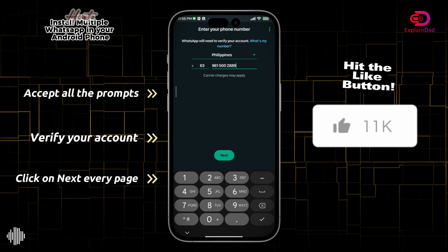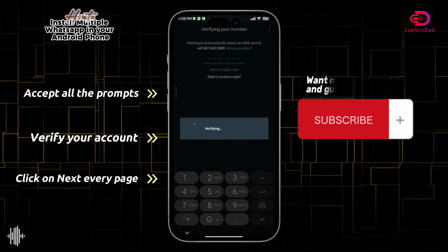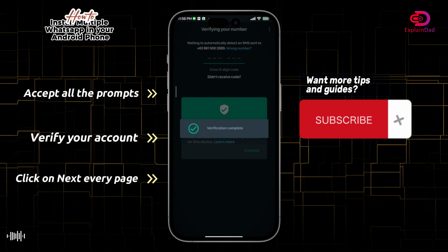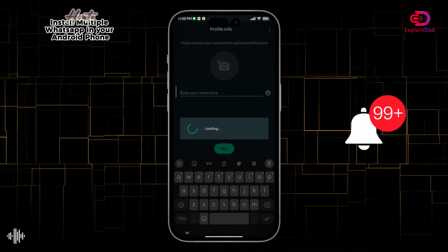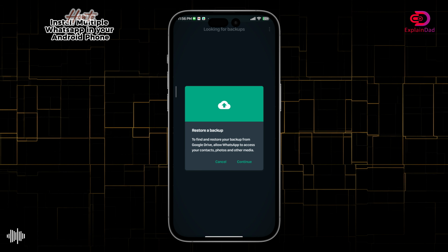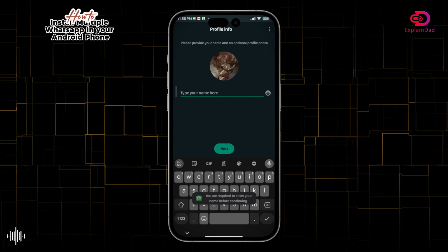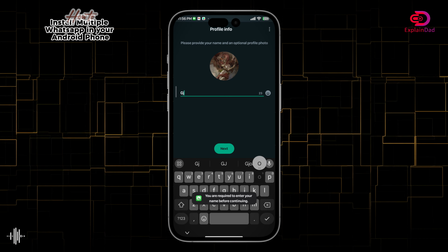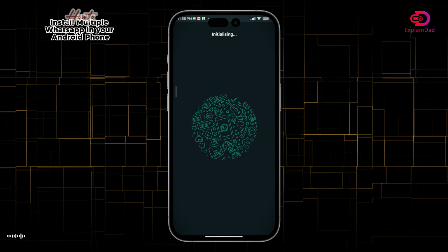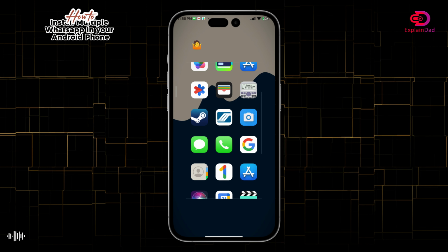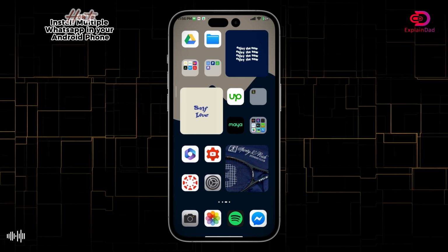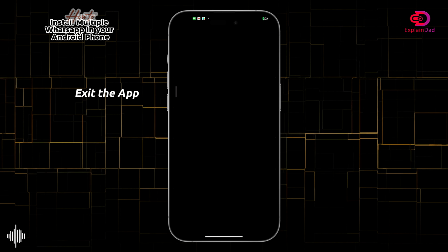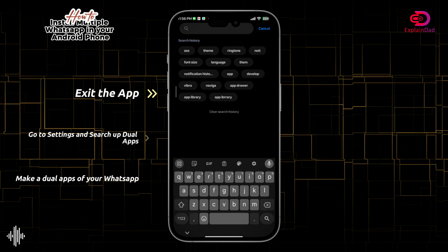After that, you just need to follow the prompts and as usual, just do the continue, accept and accept. Do your profile info first because they will not let you slide if you don't do this. After that, you just need to exit out, go to your settings, and in here, just tap on dual